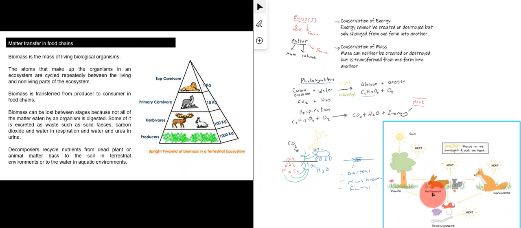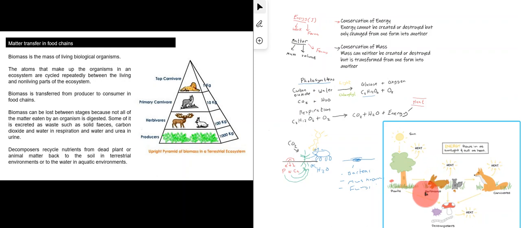So when a rabbit eats grass, for example, not all of the biomass will be transferred into the rabbit's body. The rabbit is going to lose some of the atoms that it ate that make up the grass. It will lose them in the form of CO2 and water vapor when it breathes out, and when it gets rid of waste it can't digest into the environment, it's going to lose mass. So just like the way only 10% of energy is transferred from one part of the ecosystem to the next, it's the same with matter as well.